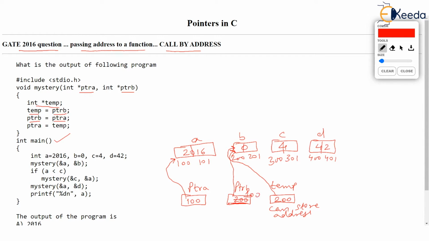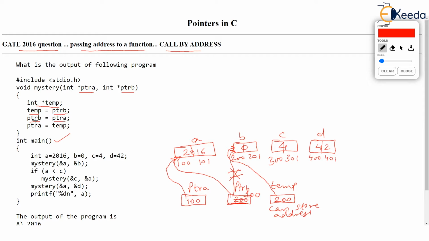What that means is PTRB will not point to location 200 anymore, but PTRB will point to location 100. That means PTRB also points to A, where PTRA was already pointing to A. I hope you again understand what happens when you make two pointers equal. Both pointers point to the same location.